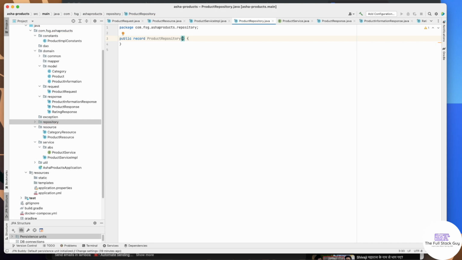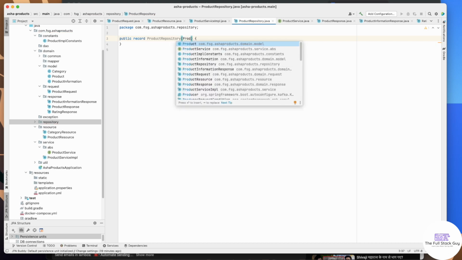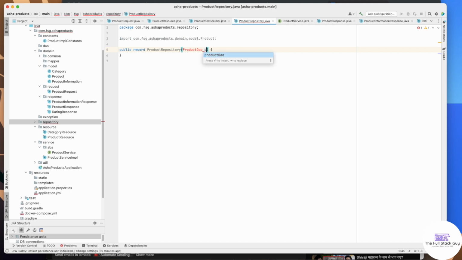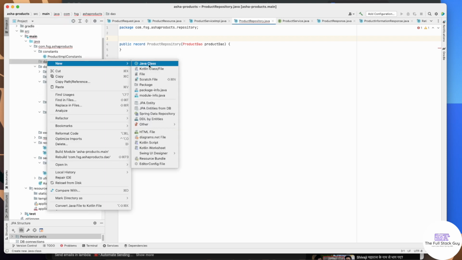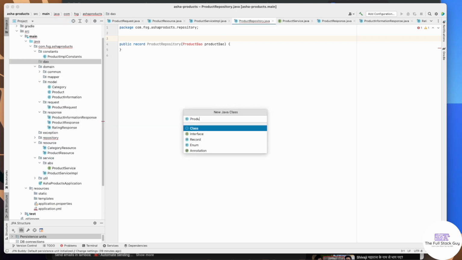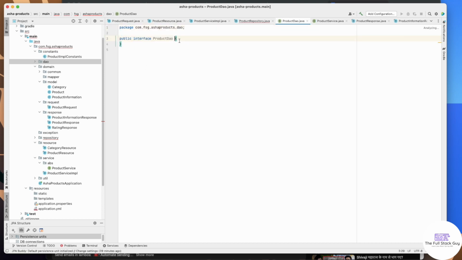This will have product DAO. Now let's create a product DAO over here, an interface, product DAO interface. This will implement a JPA repository, or extend, I believe. Yes,